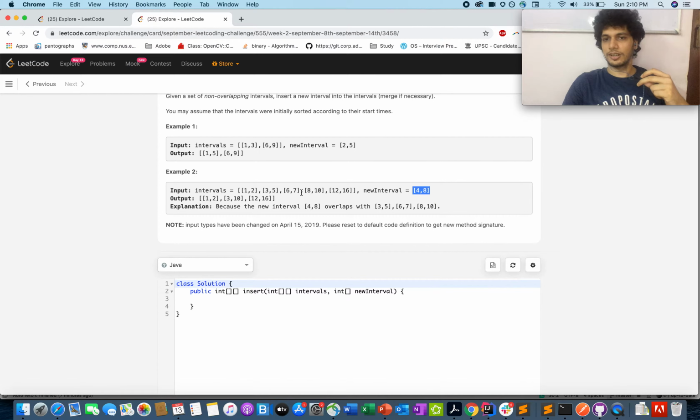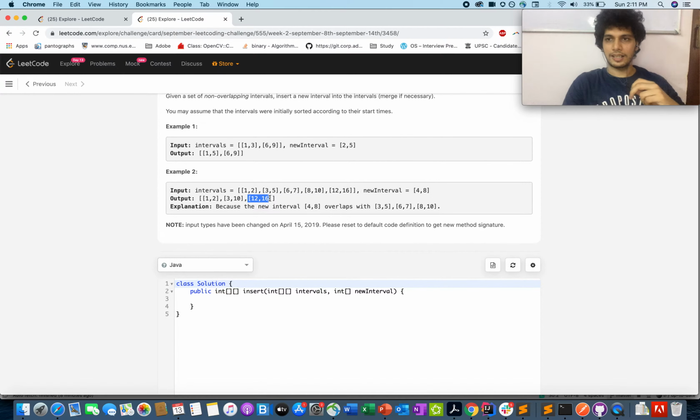It's [6,7], you got [6,7]. [3,8] and [6,7], there's an absolute overlap, and the resultant interval is [3,8], since it supersedes [6,7]. And then comes [8,10]. So [3,8] and [8,10], if you overlap you'll get [3,10], and hence you add it in your result. [3,10] got added. You move ahead in the array, you got [12,16], and between 10 and 12 there was no overlap, you simply added it as it is.